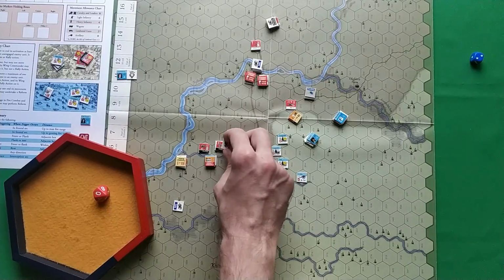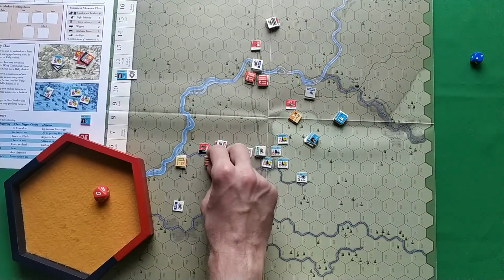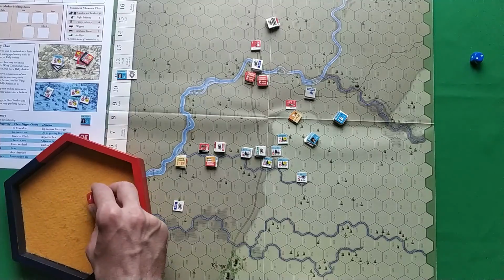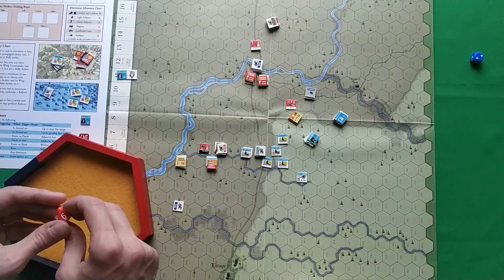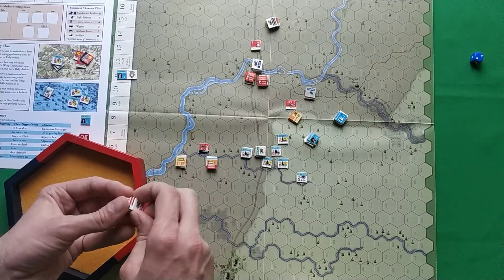And now combat. These guys are attacking them. So we got 3 versus 2, so it's 1. We got a commander here, so it's +1. Our morale is 6 versus morale of 5, so it's +1. We are expending a pistol point,